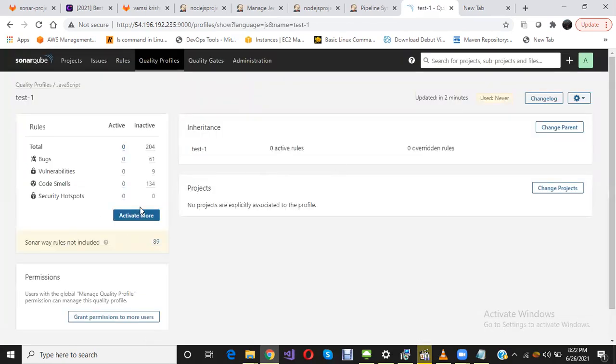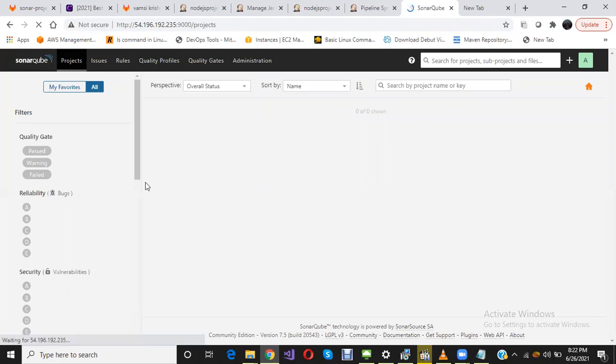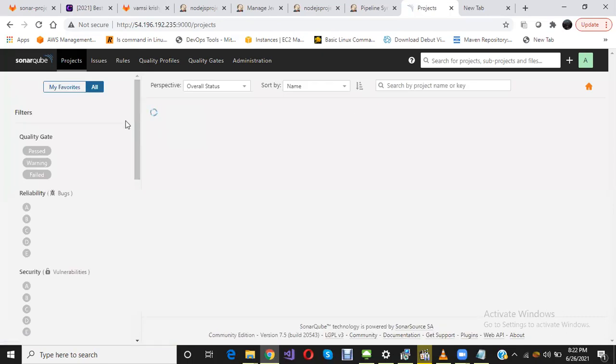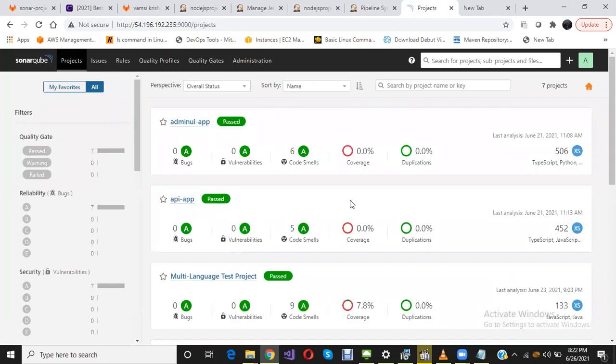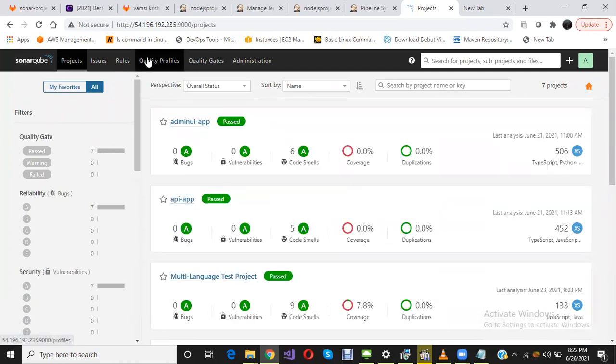So in this, I can add custom rules. Go to activate more, and these rules are specified by the developer. Yeah, these are the rules.